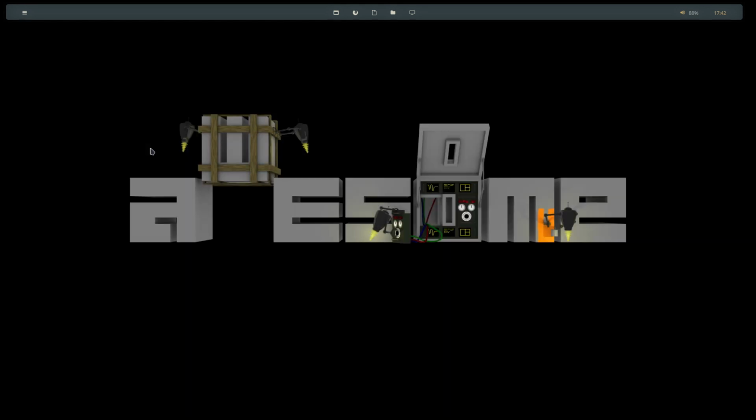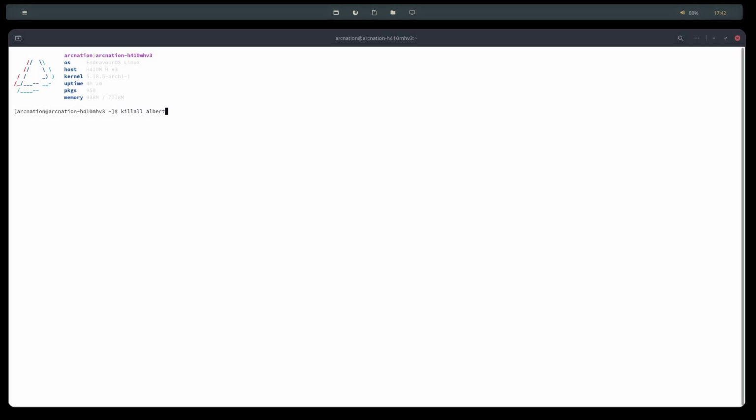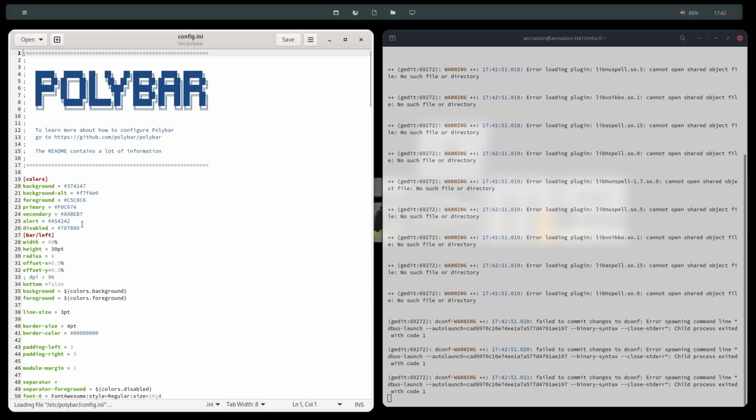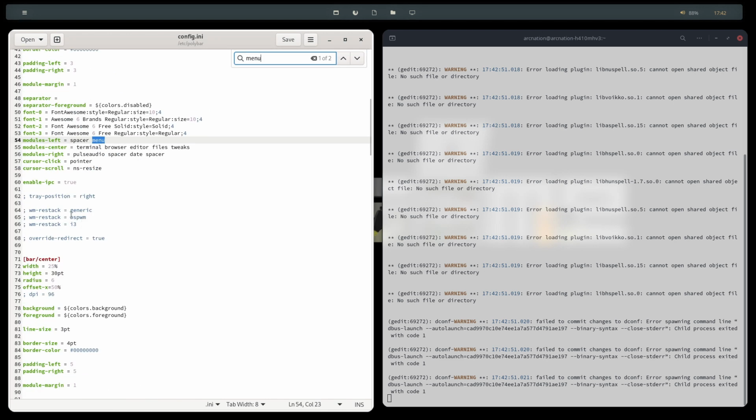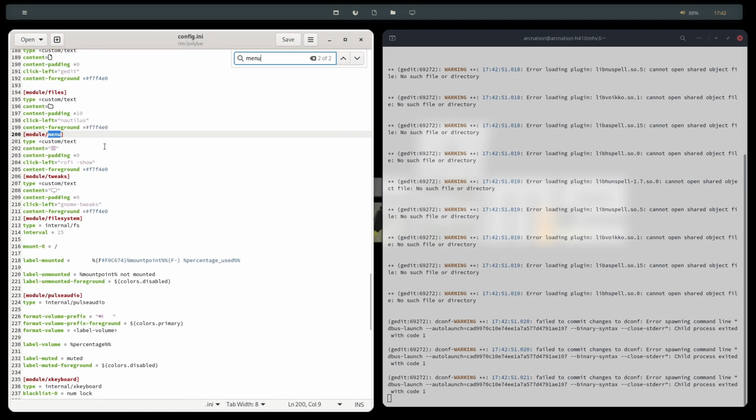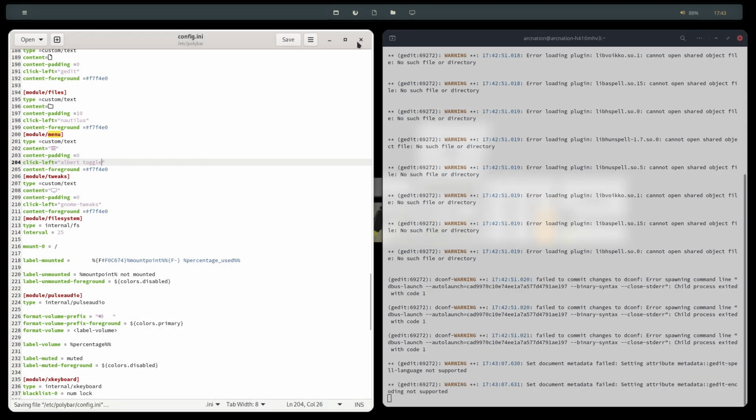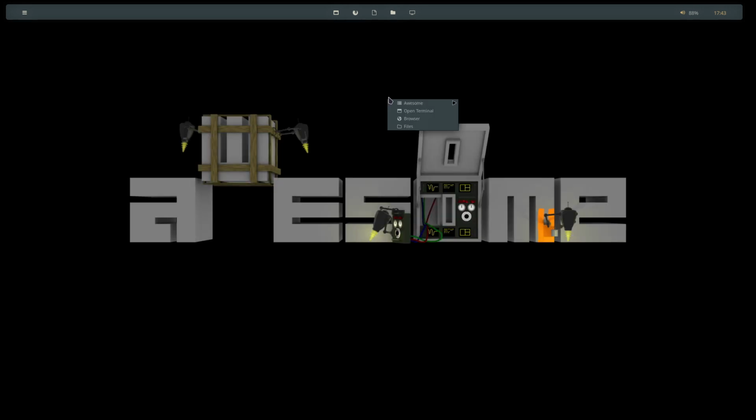Now let us exit this, and let us open the terminal again and open the configuration file, enter the password, and there you go. Now search for menu. Albert toggle. Save it. Now let us close this and get back to